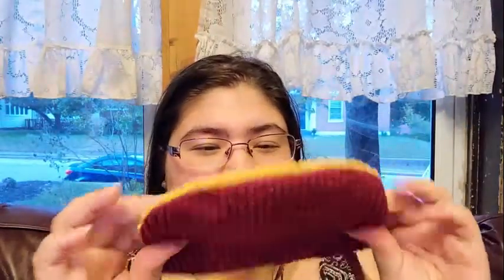Okay, I don't know what the smell is. It's pleasant, but it's strong, and I don't know where it would have come from. And I can't tell if it's been damp or not, or I don't know. But anyways,